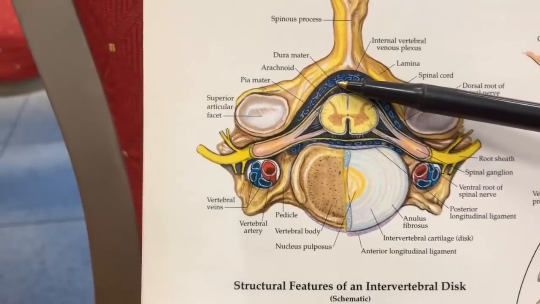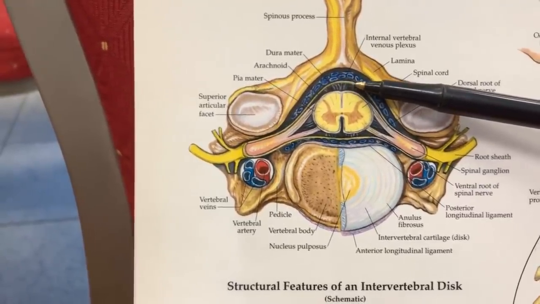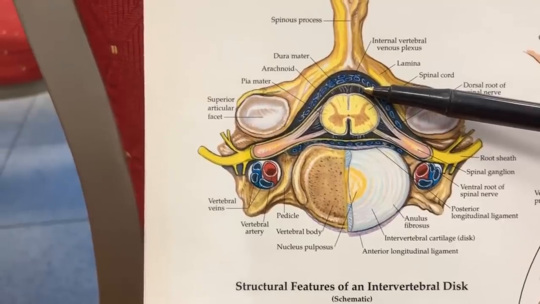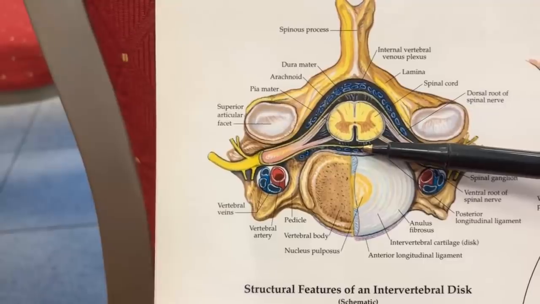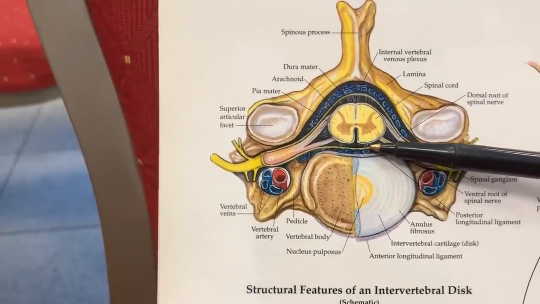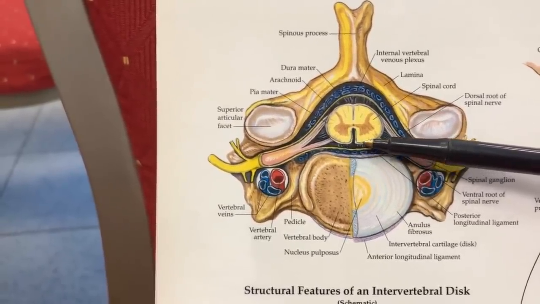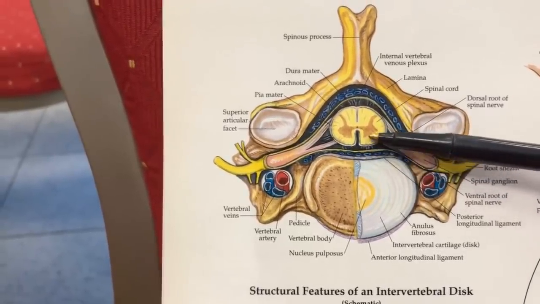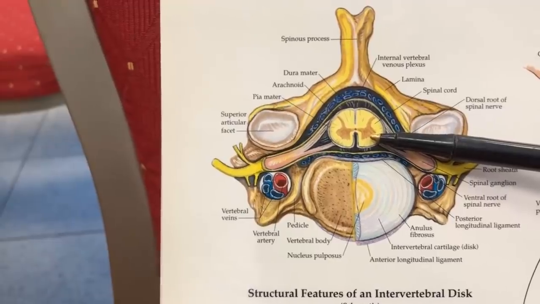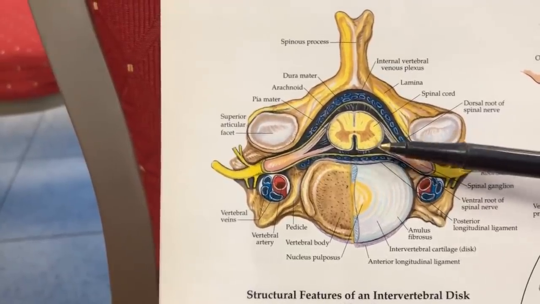Over here is called the dura mater, and the dura mater makes up the thecal sac. If you hear compression onto the thecal sac, that means that the disc is pushing back towards this protective sac. Inside here is a fluid, and of course if it touches far enough, it'll touch the spinal cord and cause spinal canal stenosis and injury to the spinal cord, and even further damage to organ systems and referral pain.